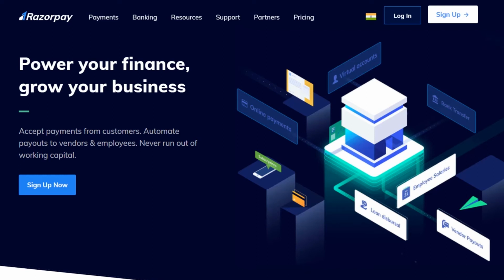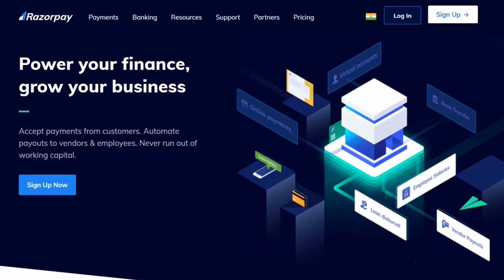Today we are going to shoot a video for Razorpay web, because there is a plugin for the Razorpay mobile app and iOS app, but there is nothing for the web. Actually, how we will do all these things for the web, we will see in this tutorial. So let's start the video without any delay.